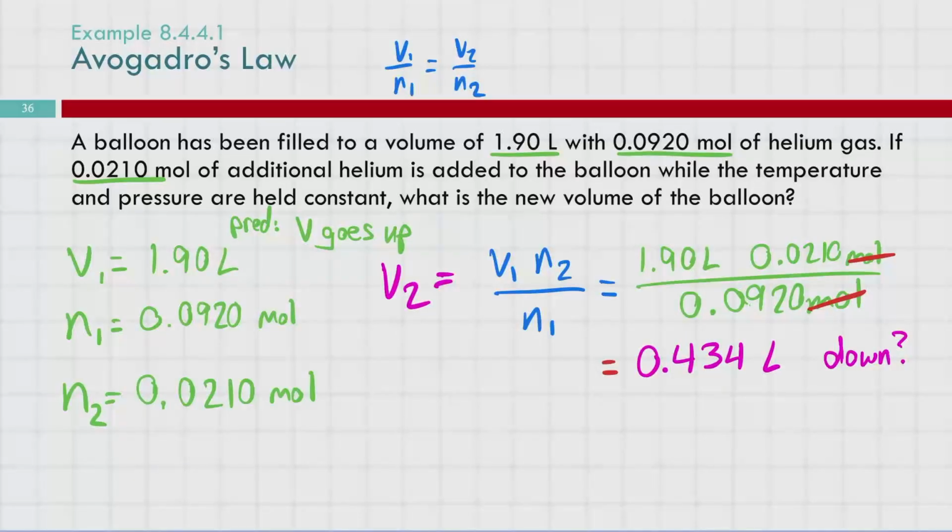Looking at the text of the problem, what does it say about the 0.021 moles? Of additional helium is added. So we're putting more gas in. That should be the reasoning behind why we expect the volume to go up. So what went wrong? We didn't add